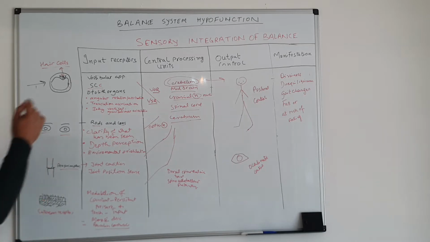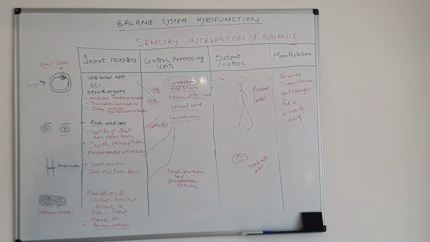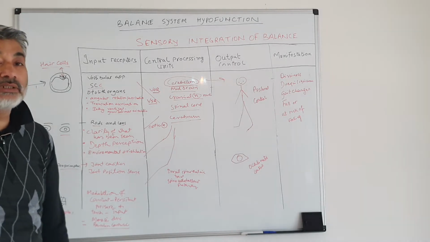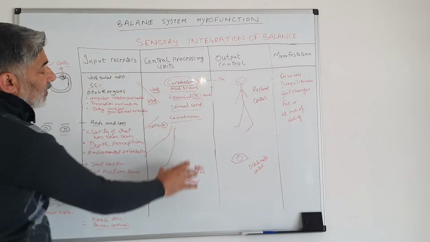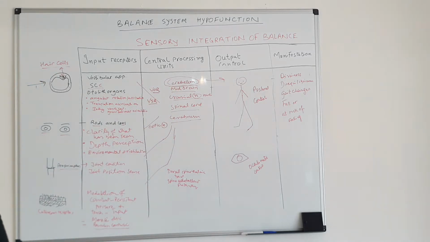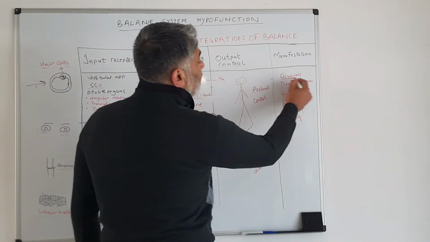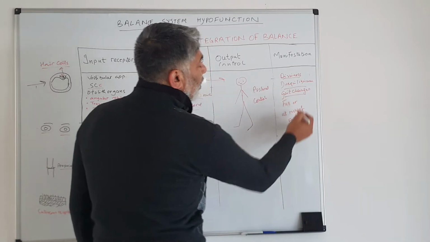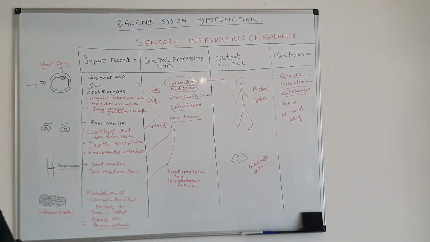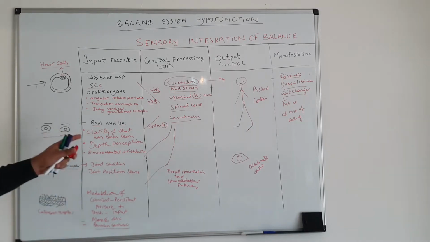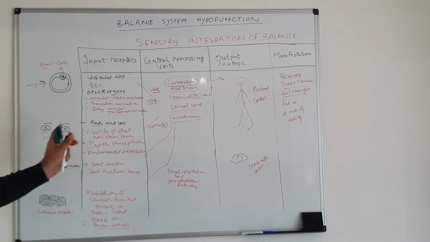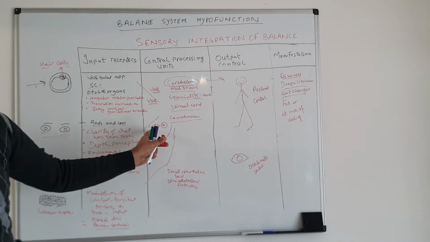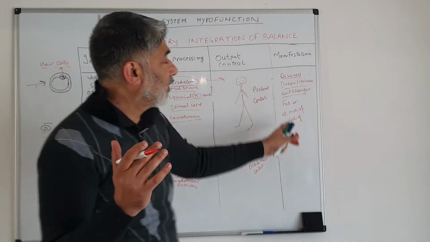So say your vestibular system is not providing accurate information about your head rotation and then the visual compensation. So what will happen? The information received by the cerebellum and then by the midbrain is faulty. So we will have a component of dizziness, disequilibrium, gait changes. Either we are at risk of falls or we have already fallen. Then if information about the clarity of the vision, information about the depth perception is not sent to your central nervous system via the optic nerve pathway, then also we will have some sort of